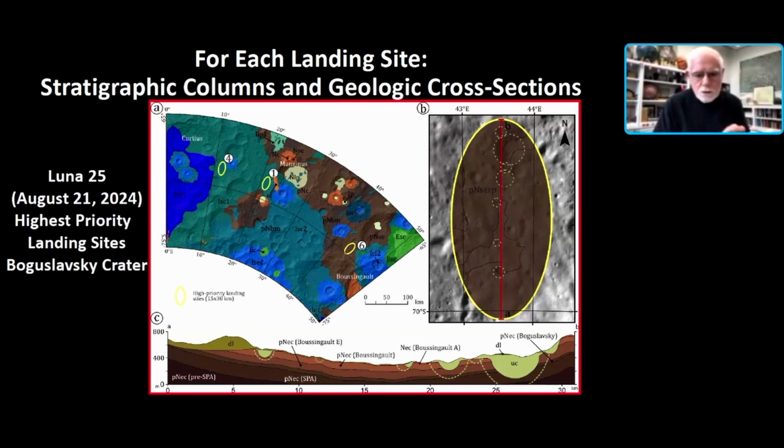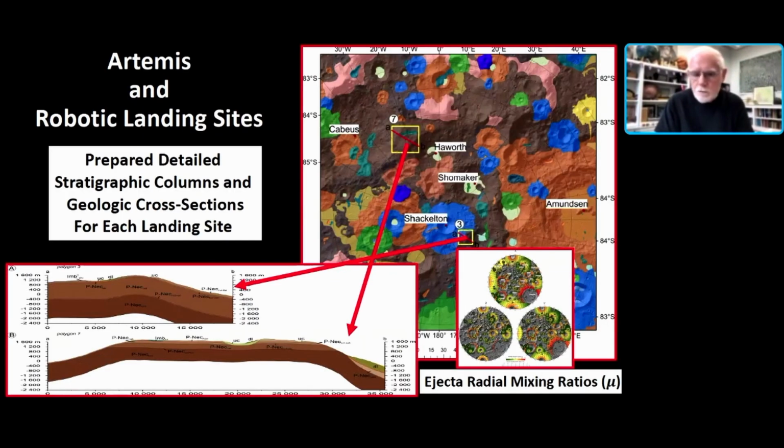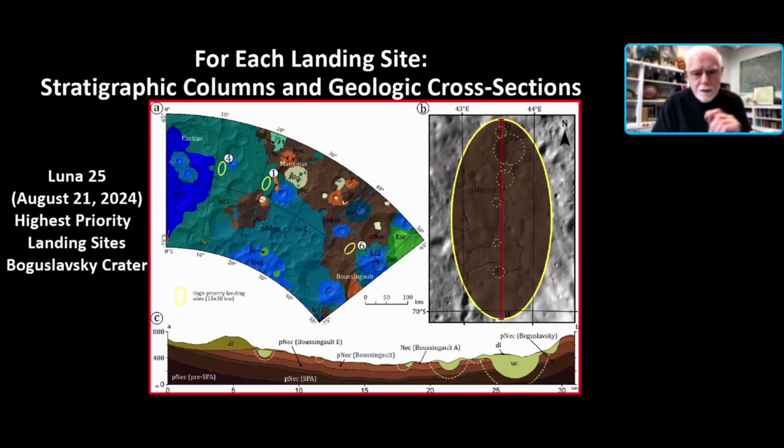So this is clear. Next Monday, August 21st, sorry, that next was for next Monday. August 21st, Luna 25 is scheduled to land in the nearby Boguslavsky crater. And we produced these maps for that and for the interpretation of Boguslavsky by the teams. Next, please. And we've also done this for all the